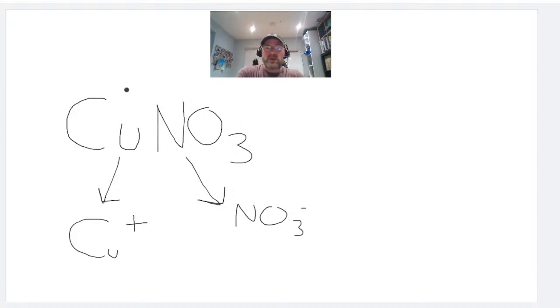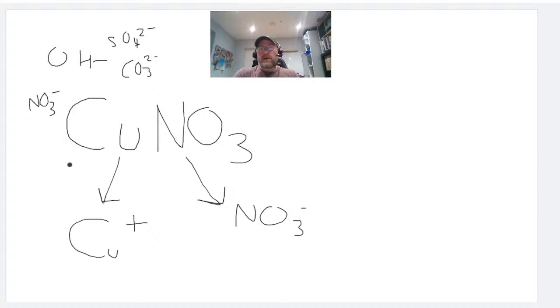So they want you to know these groups off by heart, like OH minus, SO4 2 minus, carbonate ion, CO3 2 minus. They're basically saying there's no method for that. There is a method, but not one that is worth learning now because it's A level. But those are group ions. At GCSE, they want you to know those 4 group ions off by heart and the ammonium ion NH4+, so that you can do that. Those 5. They want you to learn those group ions off by heart, and then if it's group